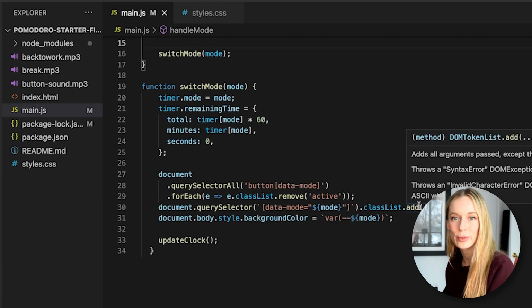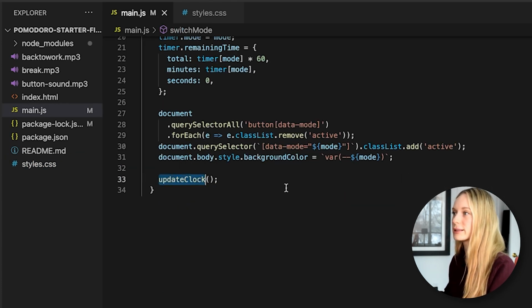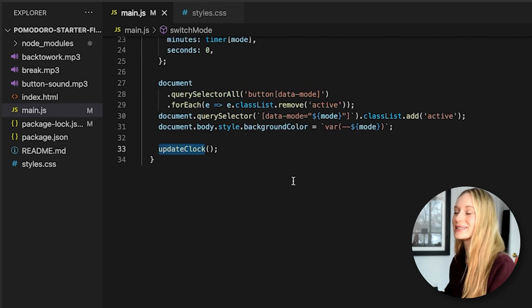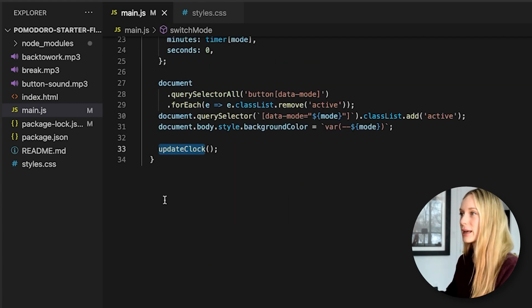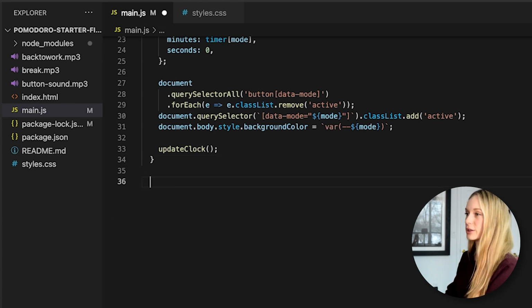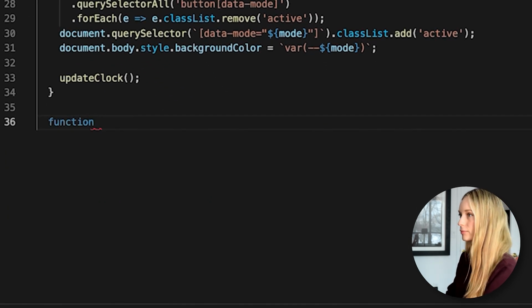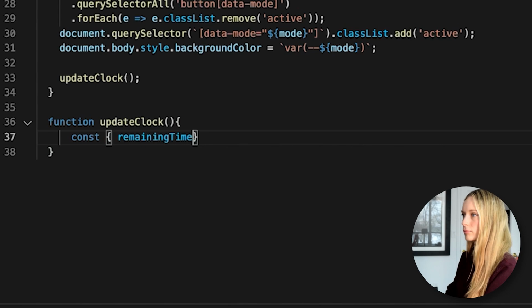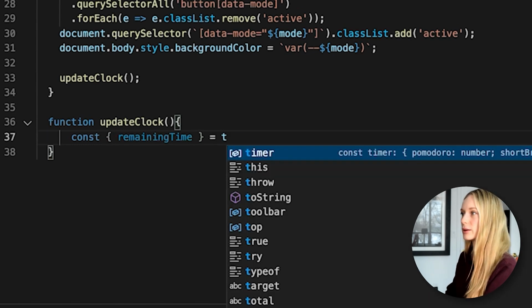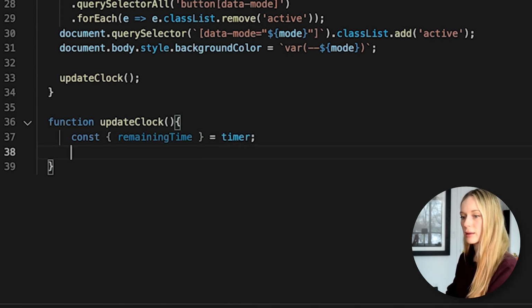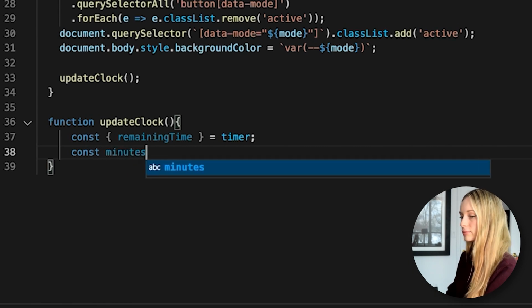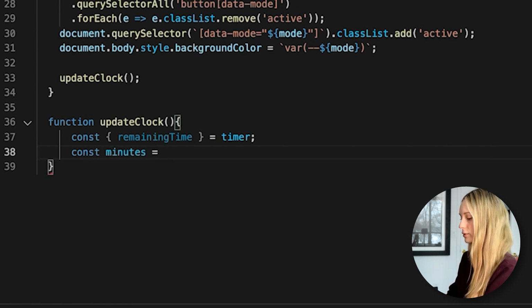Okay, as you can see, when we're reading the code, there is another function that is being called, which is yet to be made, which is the updateClock function. So once again, we are going to go ahead and make that function for updateClock. The remainingTime will equal the timer. The minutes will equal